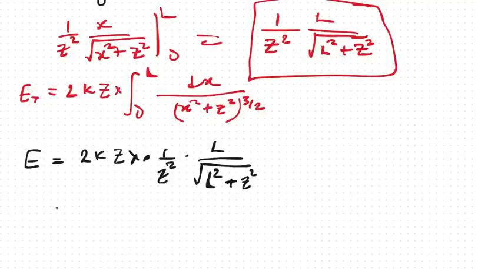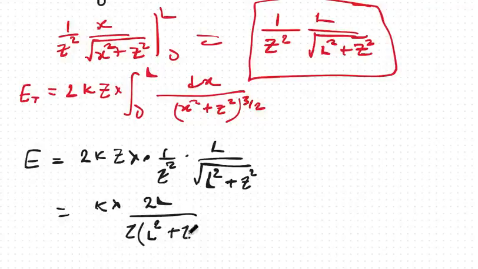And this is equal to, okay, let me do some rearrangement, and this is equal to k lambda 2L, right, divided by z times the square root of L squared plus z squared. So this is our electric field,